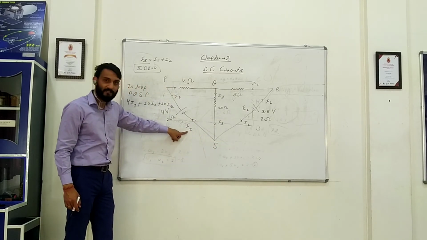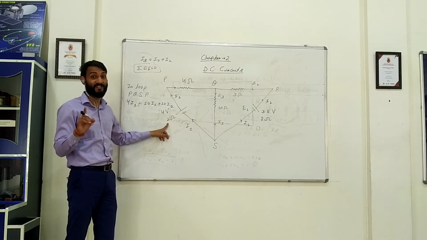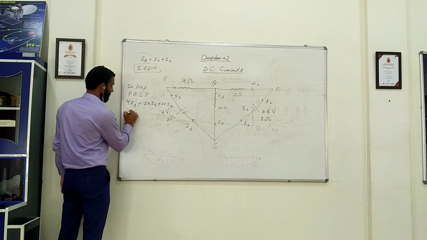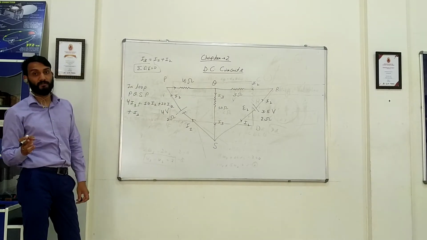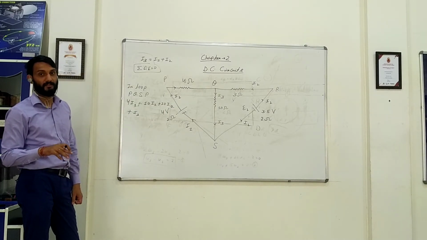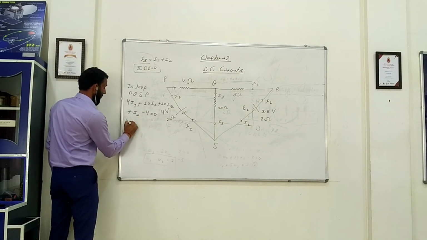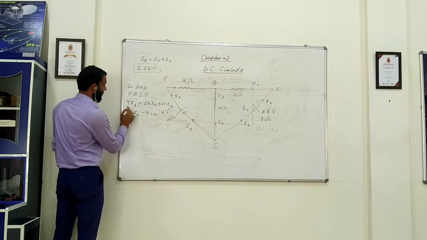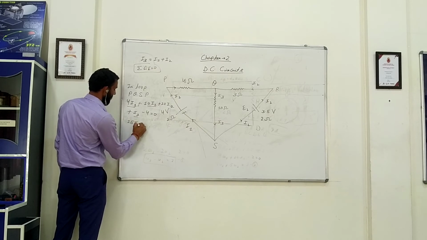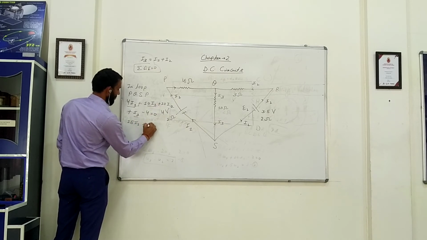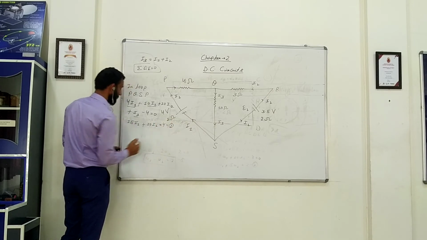So here I got I1 multiplied by this one ohm. I told you internal resistance you have to consider. So this will be plus I1, and then where you are reaching, positive of the battery and negative. Negative, so it will be minus 4 is equal to 0. So 4, 14, 15: 15I1 plus 10I2 is equal to 4, first equation.